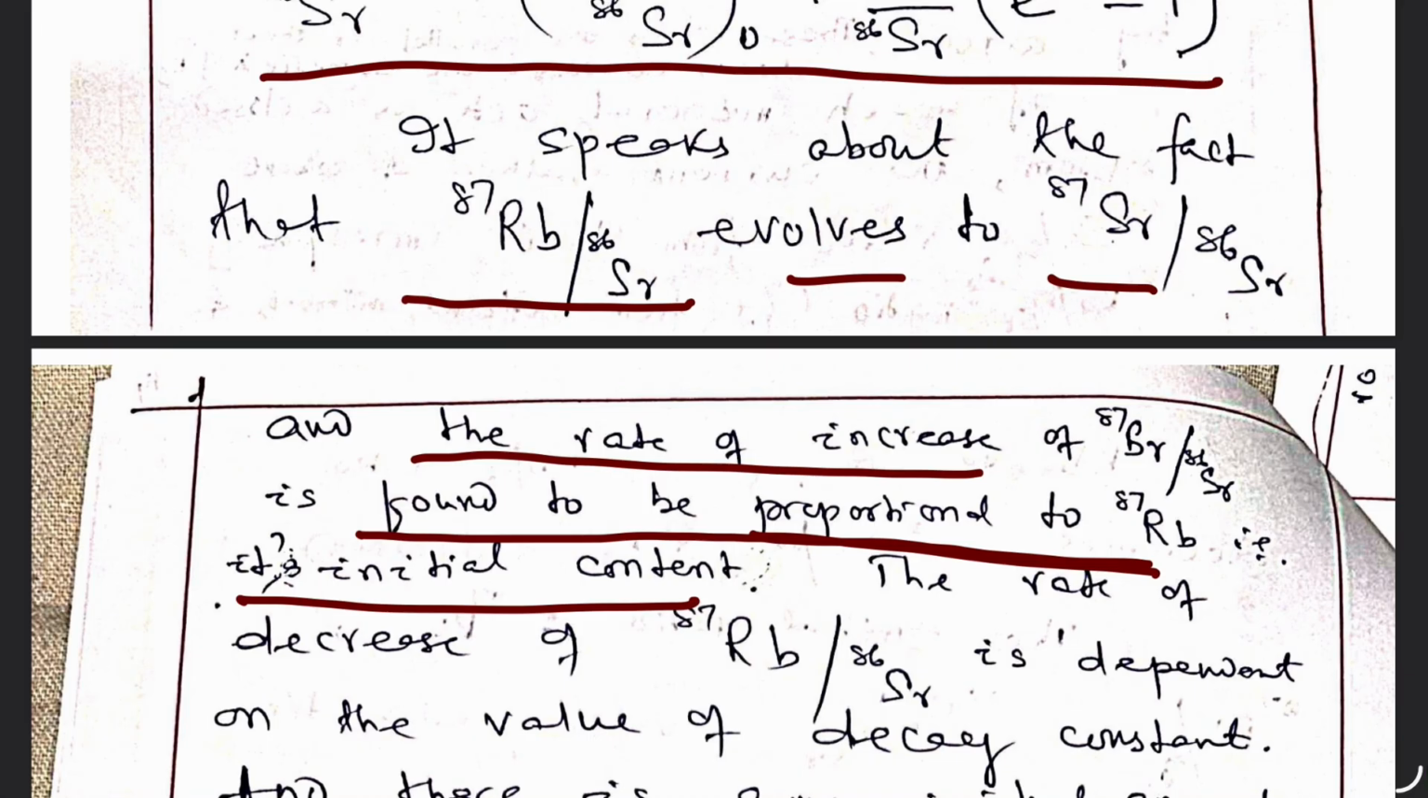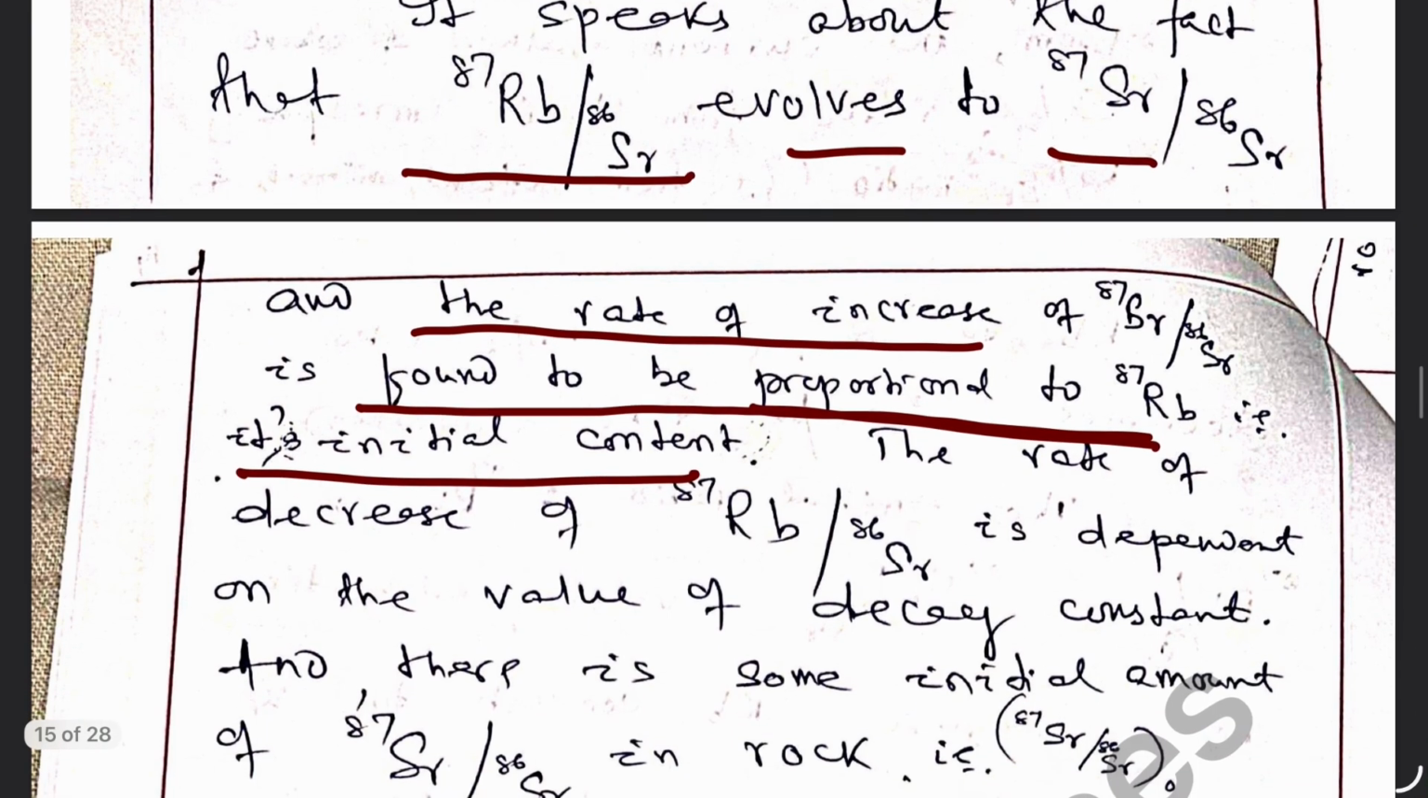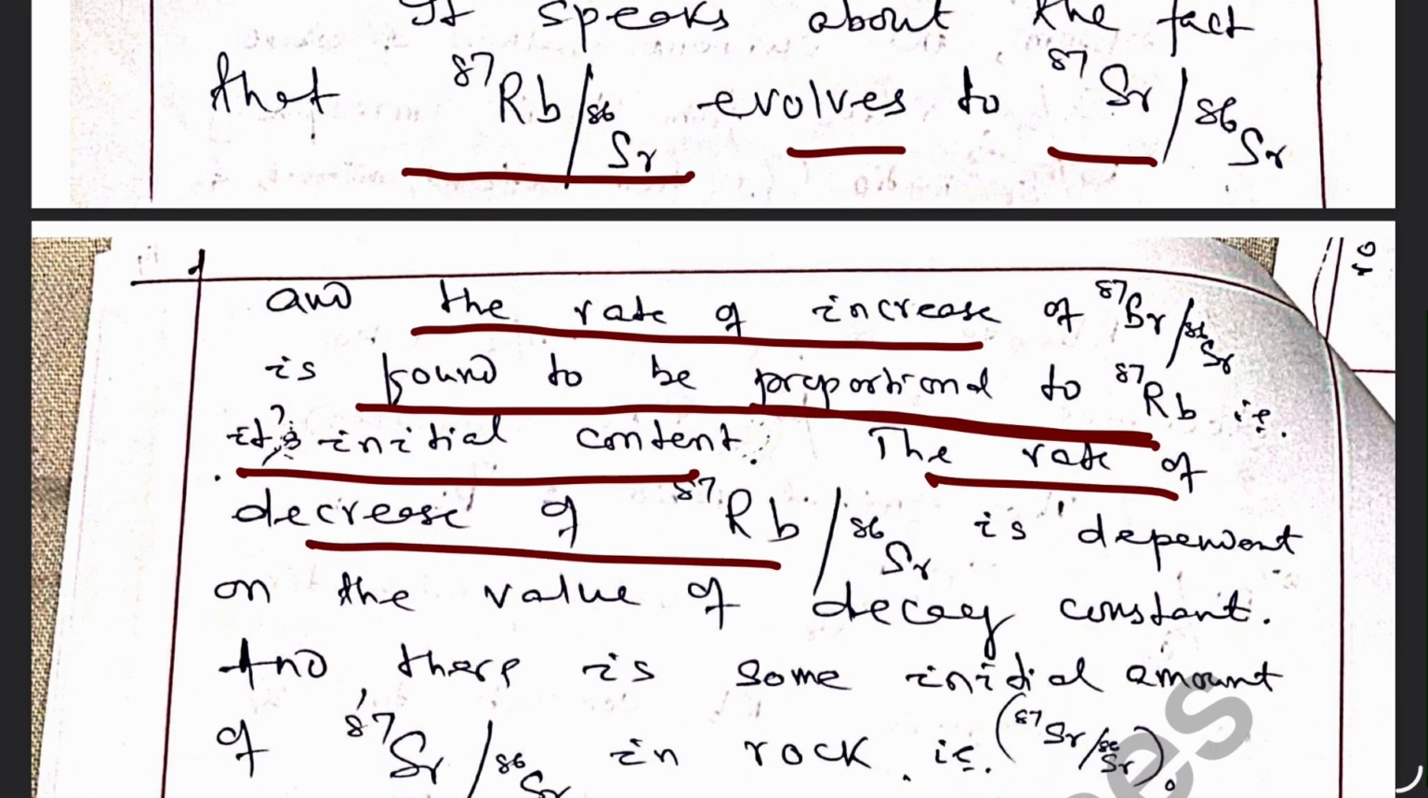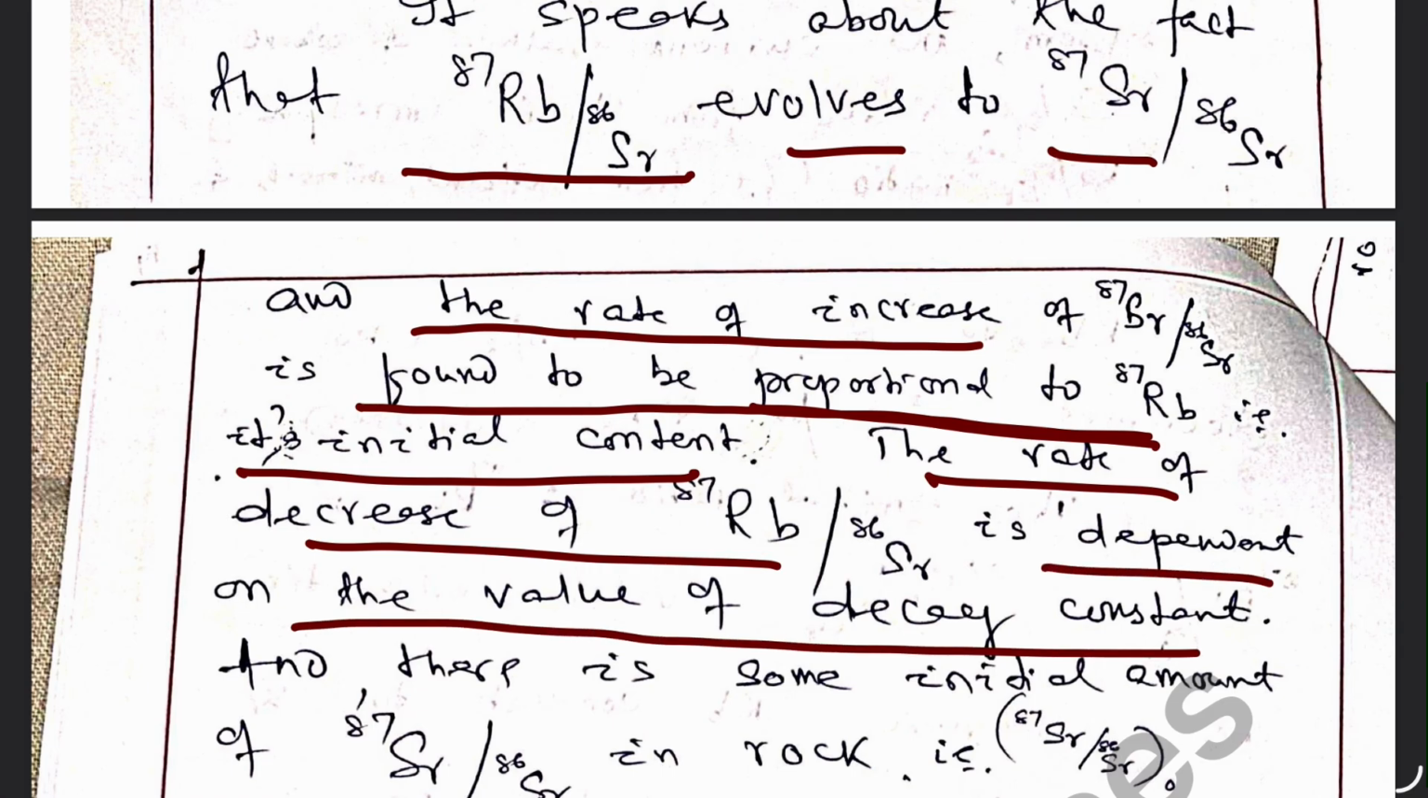because one atom of rubidium 87 can be converted into one atom of strontium 87. So the number of atoms of rubidium 87 converted to strontium 87 is proportional to the initial content of rubidium 87 in the rock. The rate of decrease of rubidium 87 by strontium 86 is dependent on the value of the decay constant,